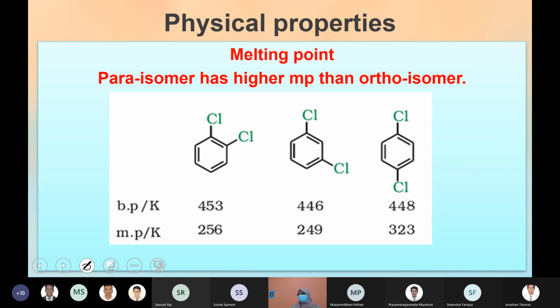That is why, when we discussed the electrophilic substitution preparation method and got ortho and para products, one sentence was given below. Ortho and para products have a high difference in their melting point, due to which you can easily separate them. One is 256, the other is 323. Due to this large difference in melting point, it's easy to separate them.